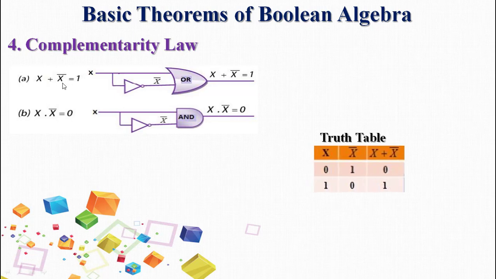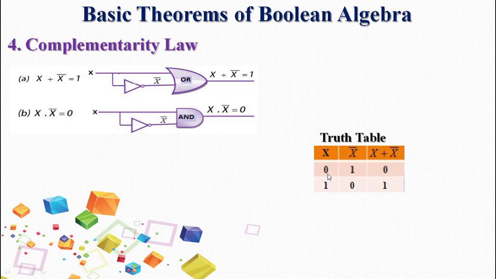X plus x bar for the A1 will have only one variable, because variable x is present in its complemented form. So we'll consider only one input as x. So we'll have 2 to the power 1 combination, that is 2 combinations, 0 and 1. Then the combination will be complemented, that is 0 will be complemented, it becomes 1. 1 will be complemented, it becomes 0. Addition should be done between x and x bar. So the expression is x plus x bar.